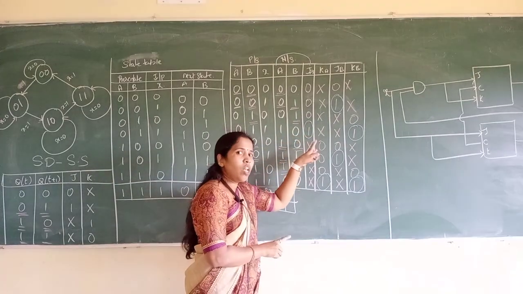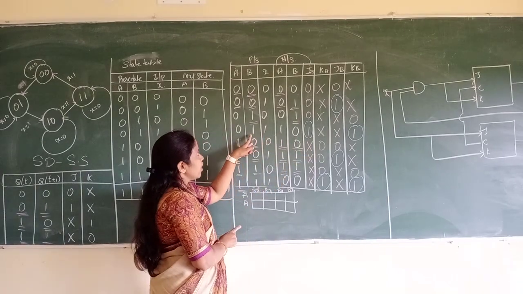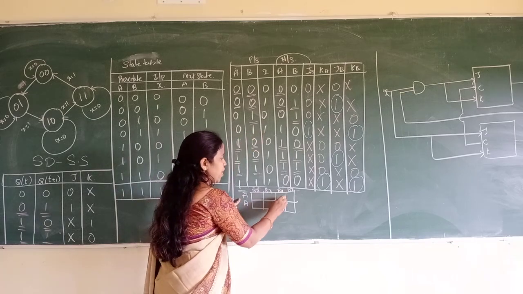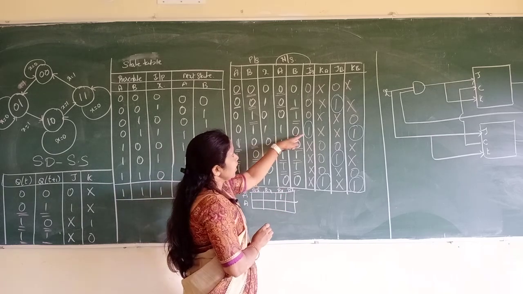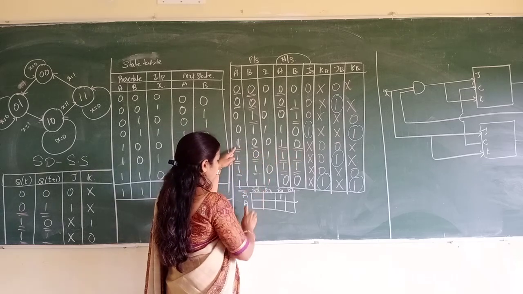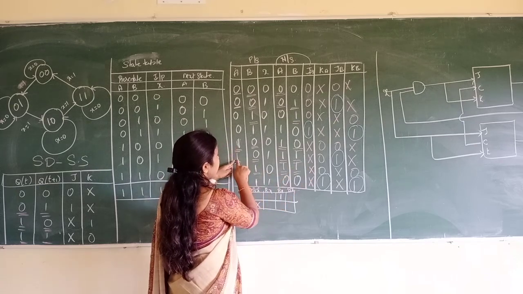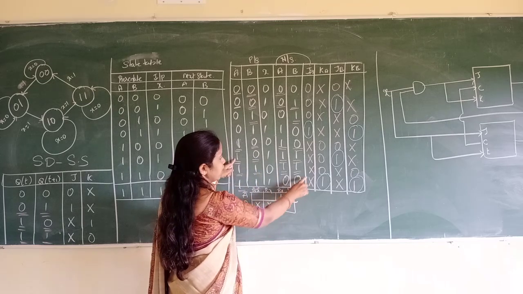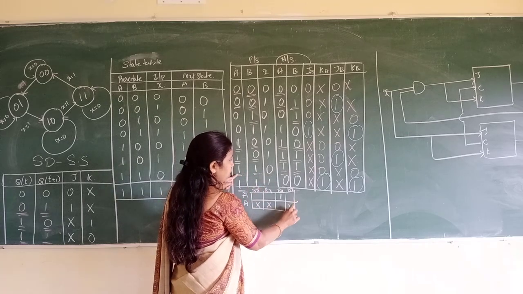For the JA column, here you have 1, wherever 1 is there. So where do we have it? A bar, B, X. Here the 1 is going to be generated. Wherever the don't care condition is there: A, B bar, X bar is a don't care condition. Next one, A, B bar, X, don't care condition. Next, A, B, X bar, here don't care condition.